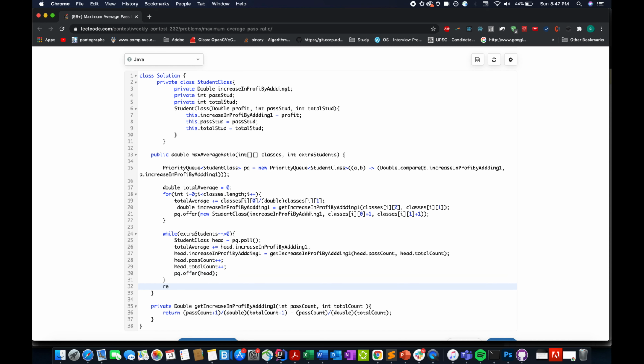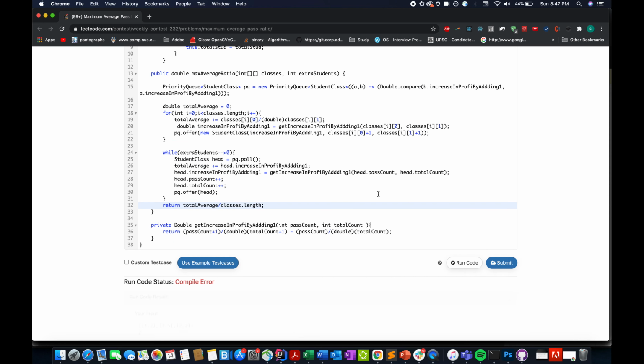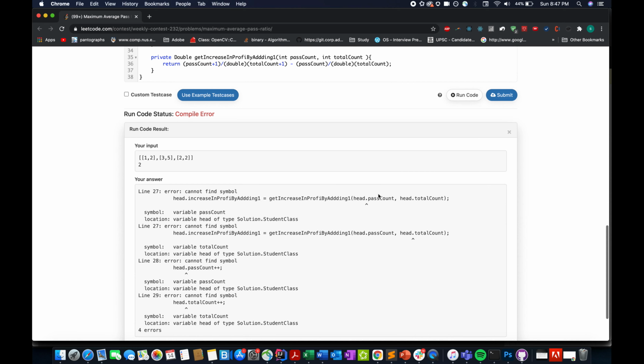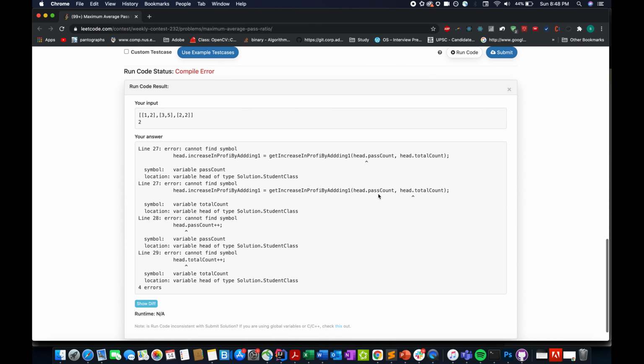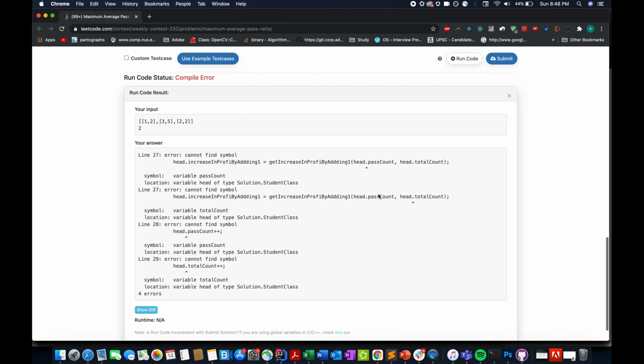And once we have done this, let's return the total average. And actually we need to find the max average, so we'll divide it by total number of classes that we have. And let's try this out. Looks like few errors.